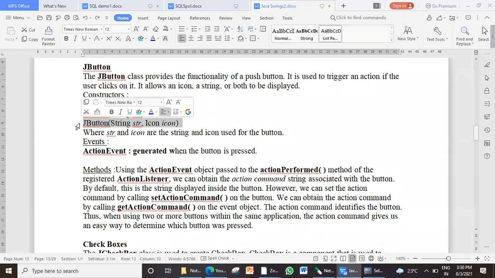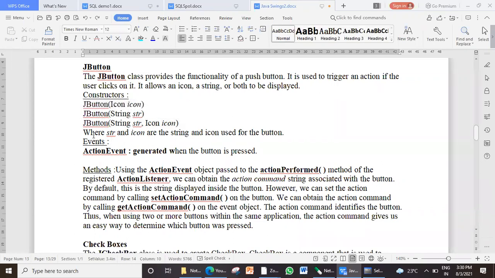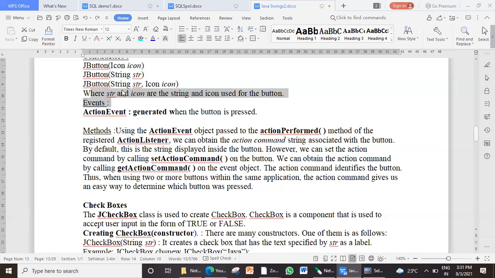If you want a button with both, you can specify a string and icon both. So this is the explanation of the parameters. str means the string to be specified. Icon means the icon name which you want to appear on your button.